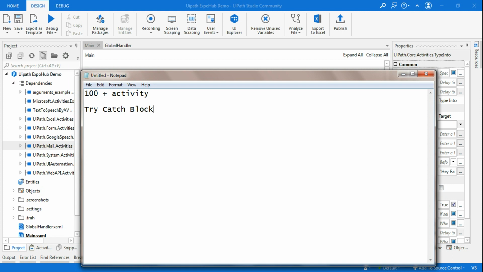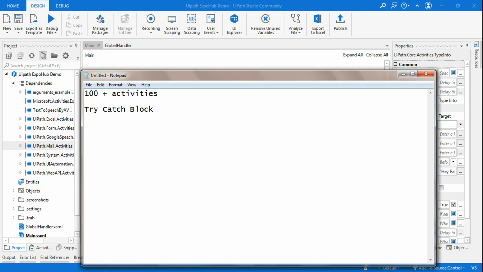Because you don't expect an error to come from all those activities, you are very selective and you select which are the activities where you need a try catch block, and you design the entire project. But still there are chances out of these 100 plus activities that you have used,